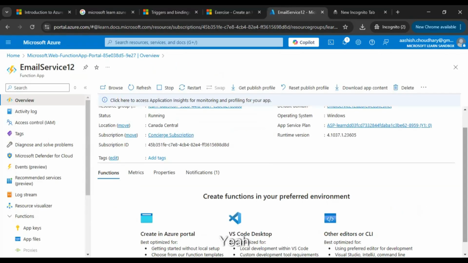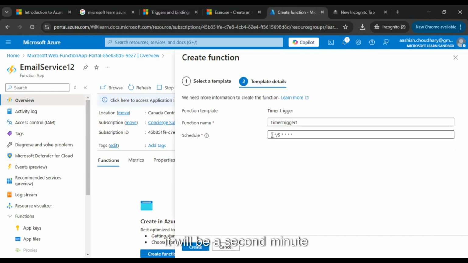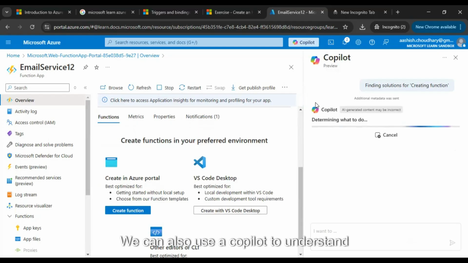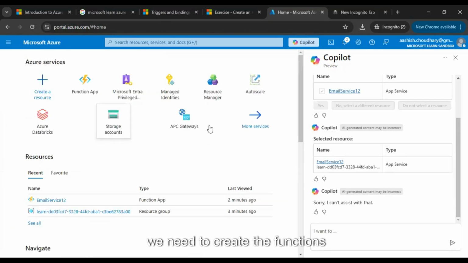Go to resources. Let's say we choose a time trigger. Next, it will be second, minute, hour, day, and like this, it's a cron job expression. And last is, I guess, day of the week or something like this. There are some challenges in creating this. You can also use Copilot to understand, and if you want to debug or something like this. Okay, it's saying it can't assist. No issues. Actually, we need to create the functions from